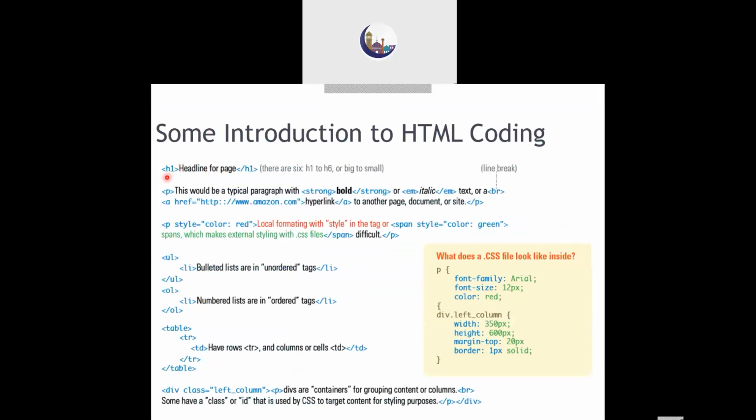The first tag was the heading tag. So whenever I want to put any heading to the text, for example, this "Some introduction to HTML coding" is written, which is a little bigger in size and thicker in size. So to give such type of things,